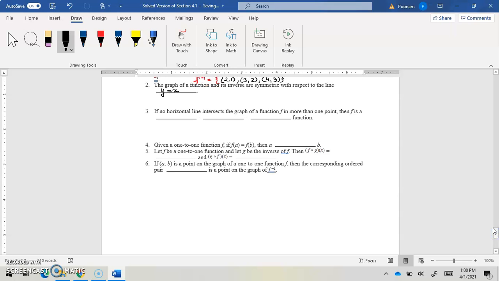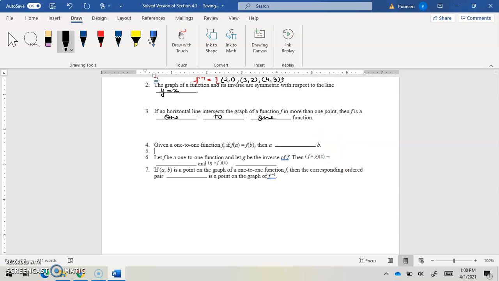If no horizontal line intersects the graph of function f in more than one point, the function is called a one-to-one function. Given a one-to-one function, if f of a is equal to f of b, then a should also be equal to b. Next, let f